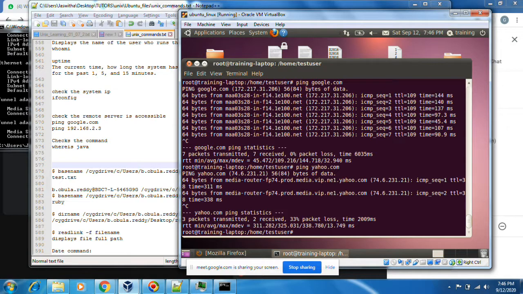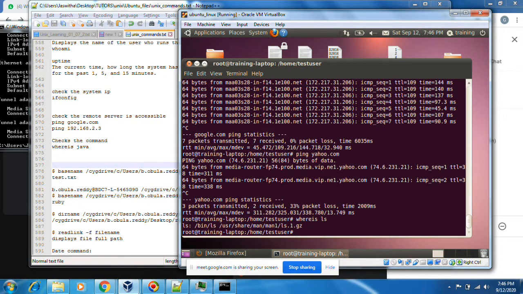Okay, I want to know where the ls command is located. whereis is similar to find, but it checks commands. Where is ls? It will show the places where ls is available: /bin/ls.